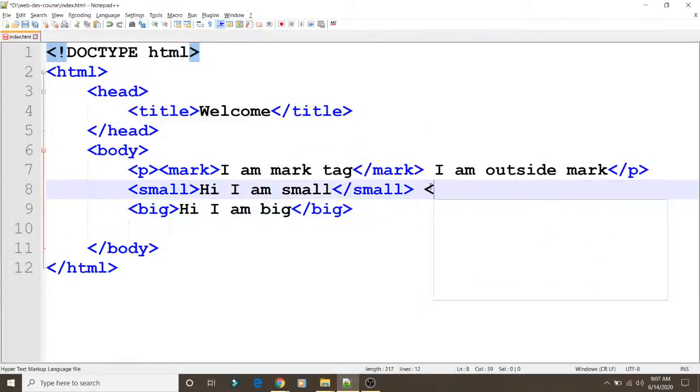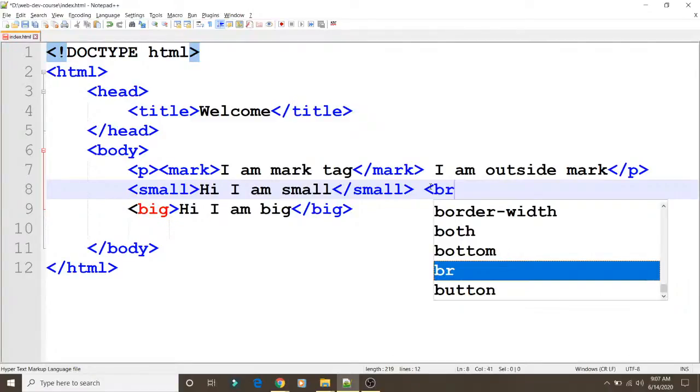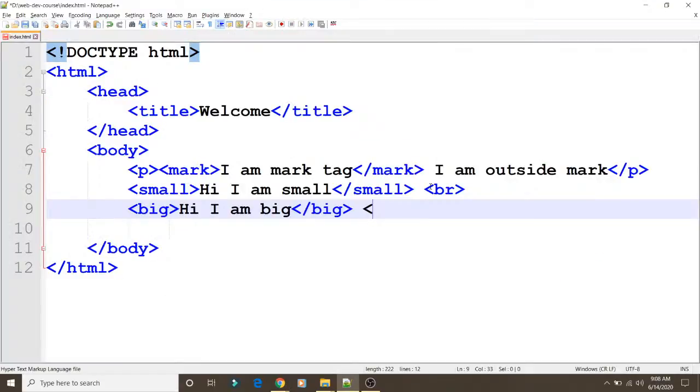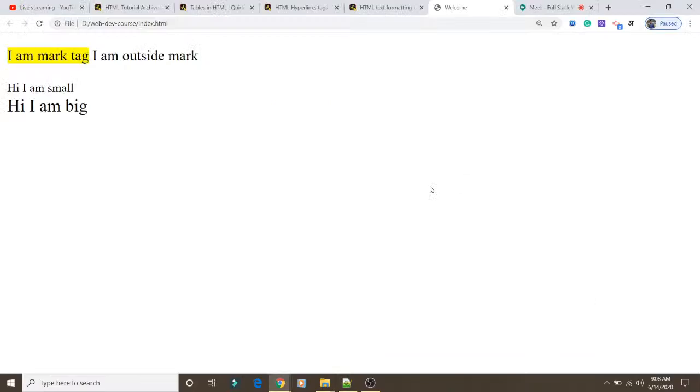In a similar way, we can give the break tag also to go to the next line. Similarly here also we'll mention the break tag, as per the requirement. We have lots more things.